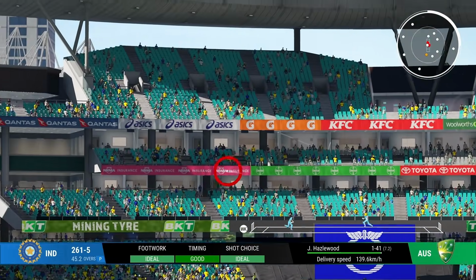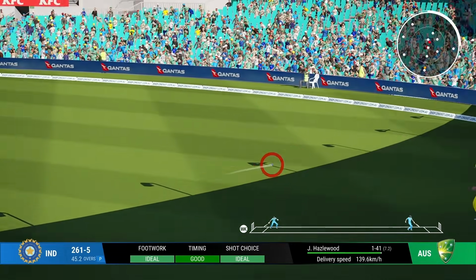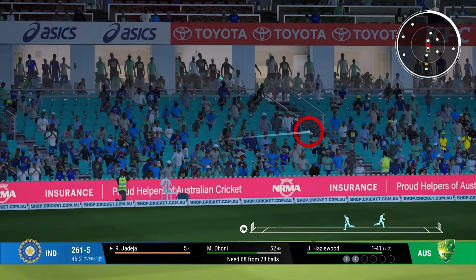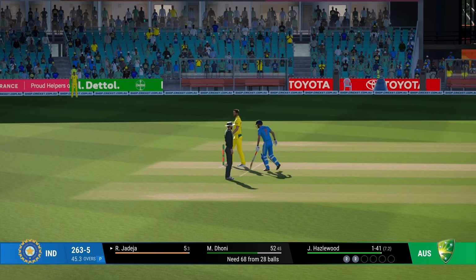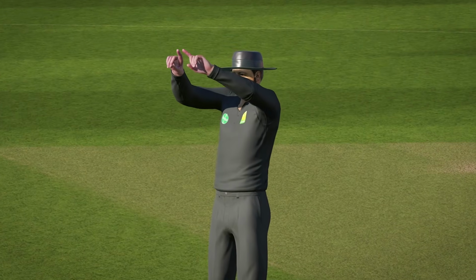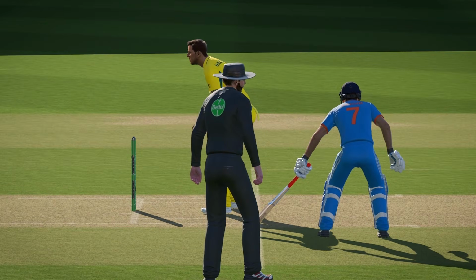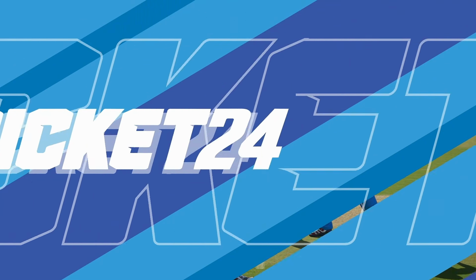Hit straight again, and I think once again it will be cut off. Puts in the jump, perfectly timed jump. Only 2. What's happened now? Please don't be a run out. Oh, thank God it's not.